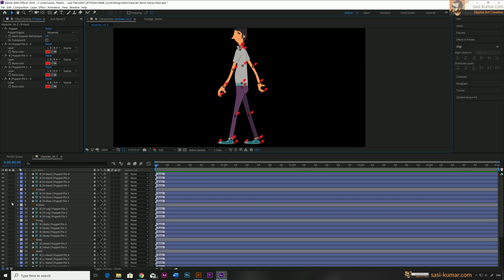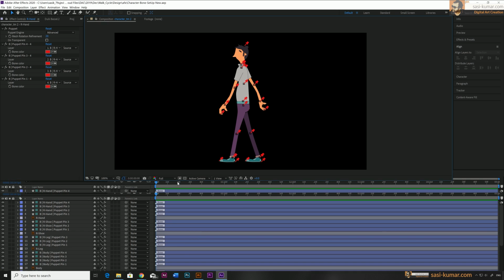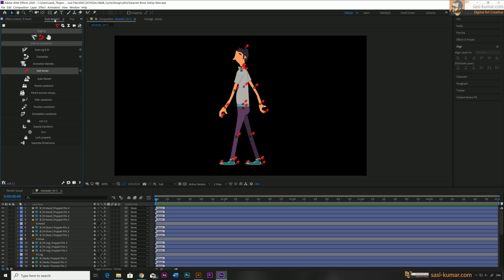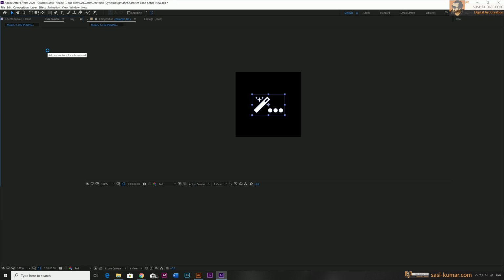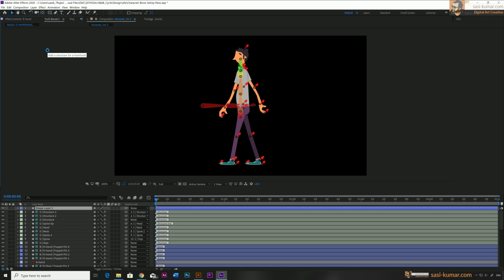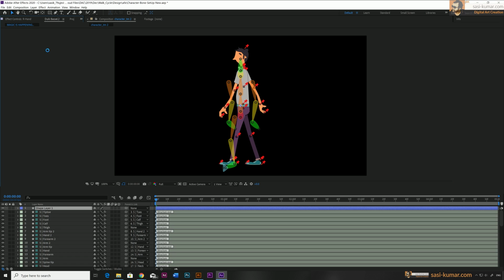Let's create the humanoid structure as you saw in part 2. Okay, go to Duke Bassel plugin in here and go to the structure and click on the humanoid, the first one, which will create the bone skeleton structure for a humanoid character. You can see on the screen Duke is creating its magic.